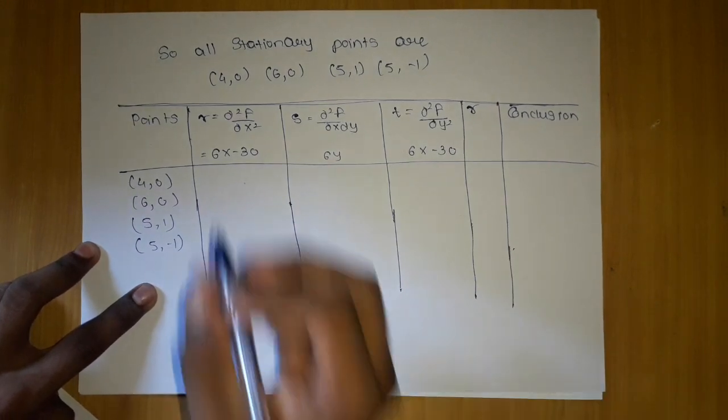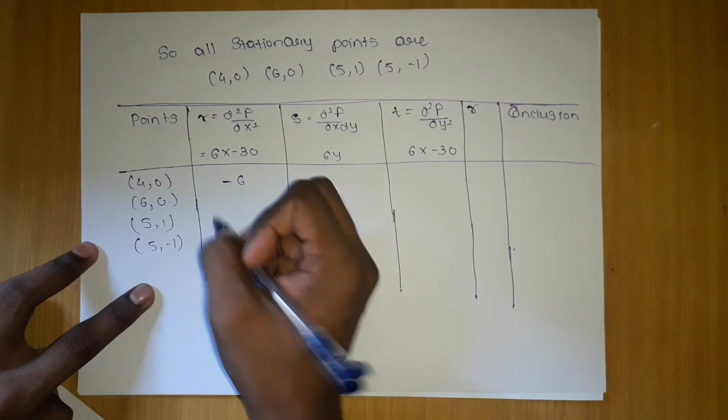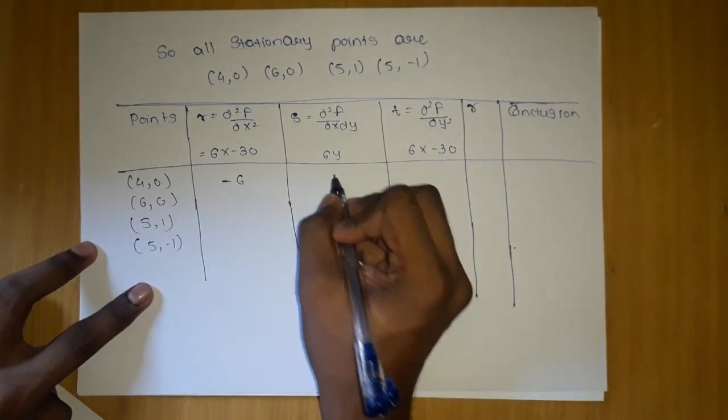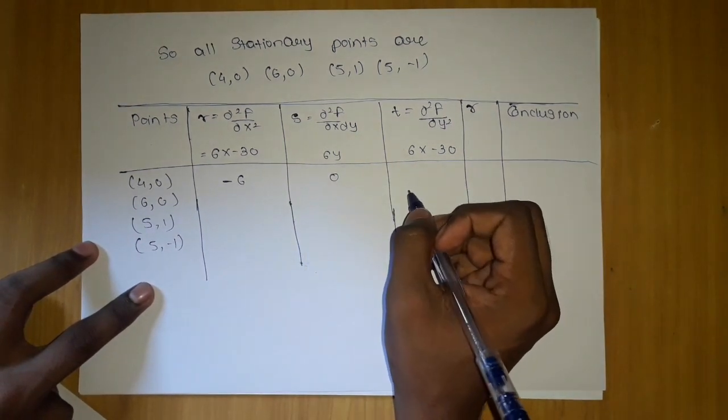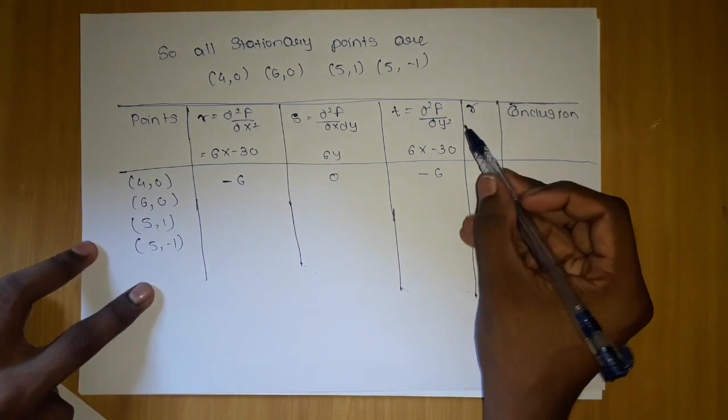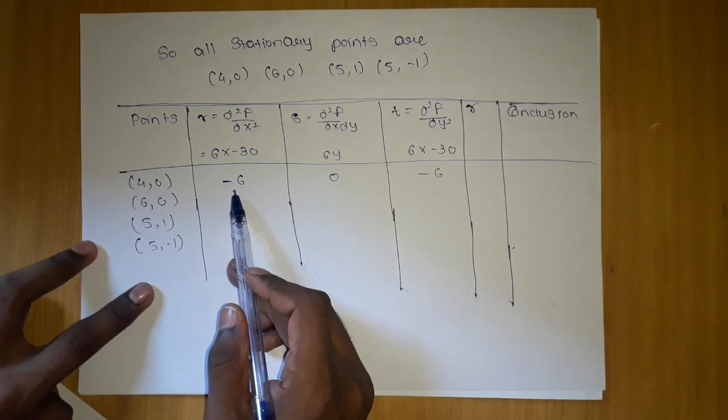For (4, 0), what will it give me? It will give me minus 6. If I put x equals 4, I am going to get minus 6 as my answer. If I put here, I will get 0. If I put here, I will get minus 6. So if I observe what I have here,